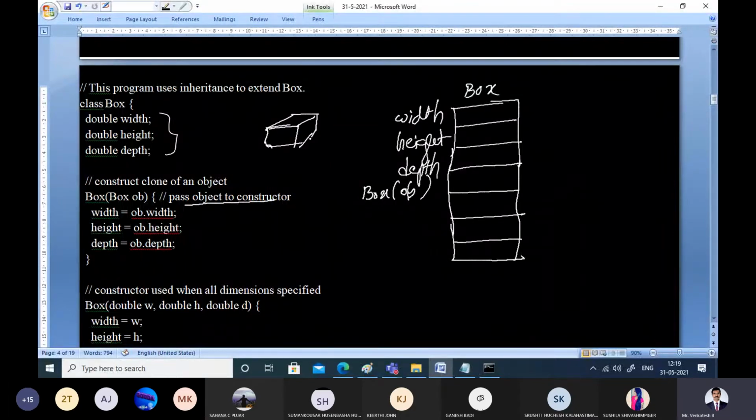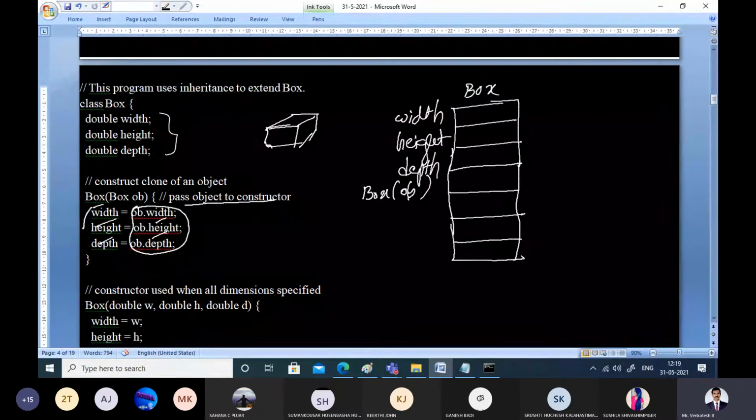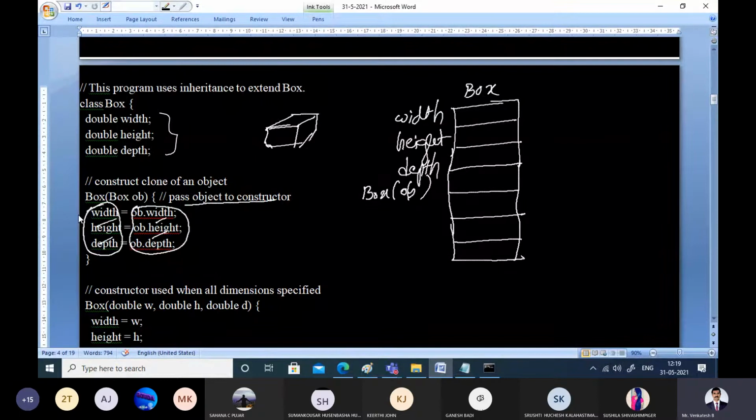Whatever width value is there, assign that to width, height will be assigned to height and depth will be assigned to depth. The right-hand sides refer to the parameters we have received, and the left-hand sides refer to the instance variables which we have seen in the previous class.